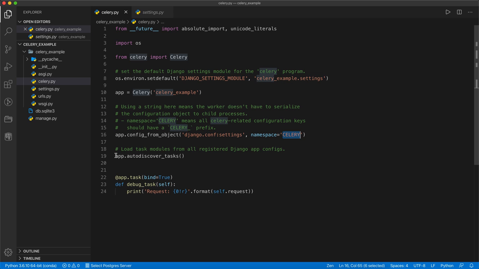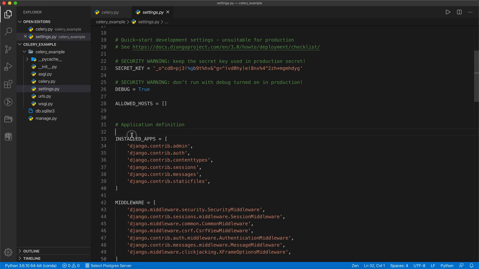And this is app.autodiscover_tasks. What does it do? Whenever we run the project, once the app is ready, celery.py will go inside the installed apps in settings, go through all the apps one by one and find the tasks.py file where we are going to define all the tasks.